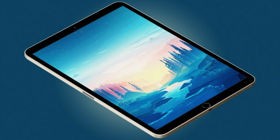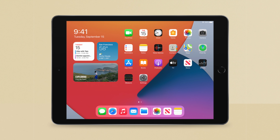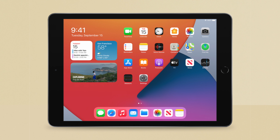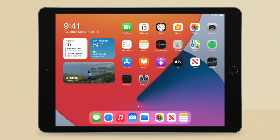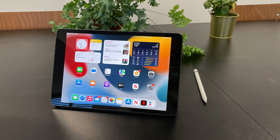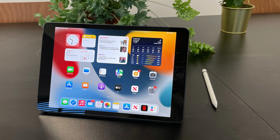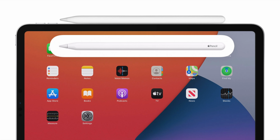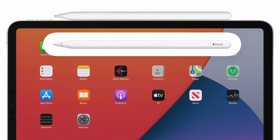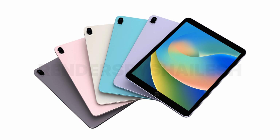At first, we had reports regarding a major redesign for this iPad, then Gurman told us that no, that's not going to be the case. This would look identical to the current base iPads, which kinda made no sense because if this was getting the Type-C ports, it would need to convert to Apple Pencil 2 support, and for that to happen we need flat sides,